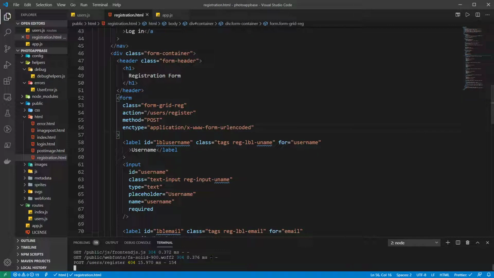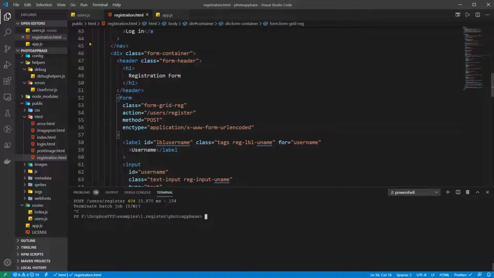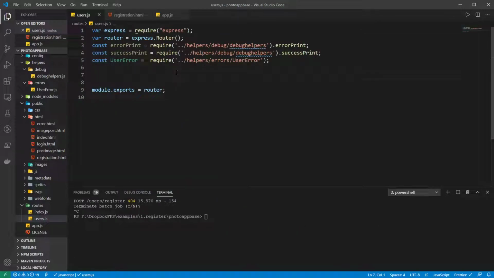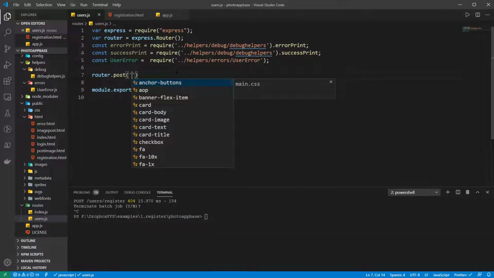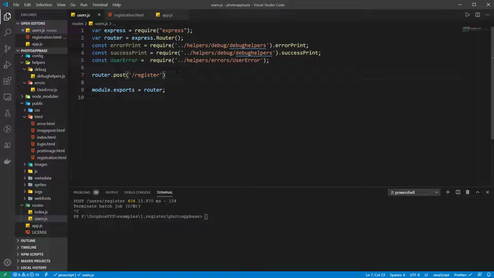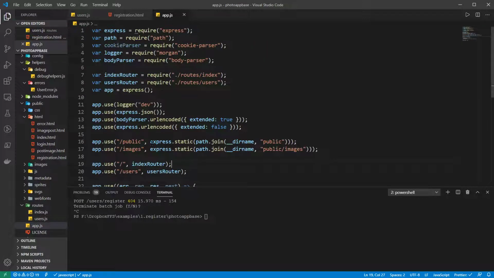So I'm going to kill node for a second. What I'm going to do now is add a router that does post. So we'll do router.post. The URL will be register. I do not need to state users. Users is already stated here. So when a route comes in looking like this, users register,